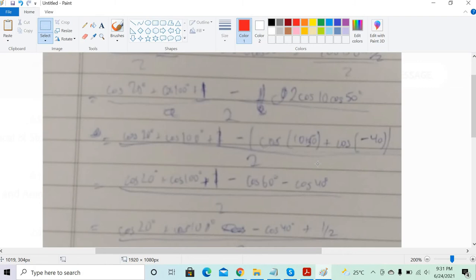Oh, you applied cos 10 and cos 50, right? So it will become, okay, so A is 10, B is 50, so 10 plus 50, cos 60, and then plus cos 50 minus 10, cos 40, so it's fine. So it will become minus cos 60 and minus cos 40, correct? Yeah, that's fine, that's correct. So what you did is right only. So let's go to that.